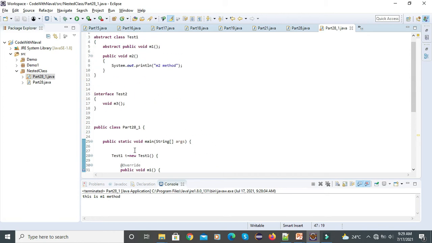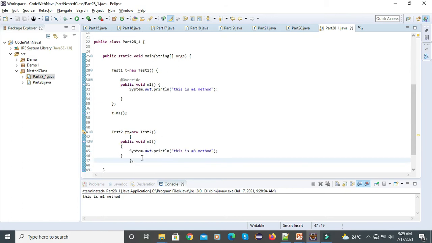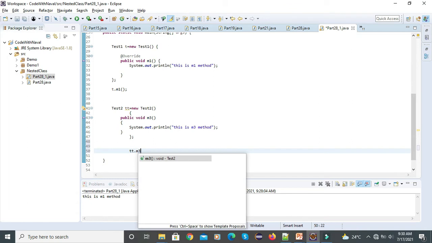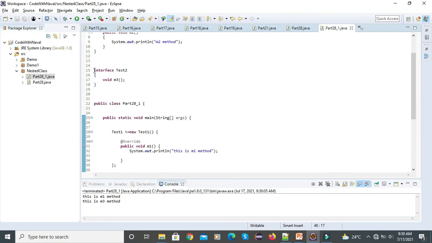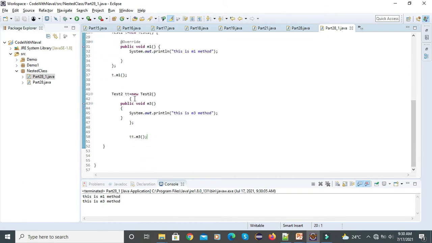You can see there is no error. For accessing this m3, again we have to call tt.m3. Let's save this, run this. You can see here we got m1 method and m3 method. Simply here we created one interface. For providing implementation, here we use an anonymous inner class.